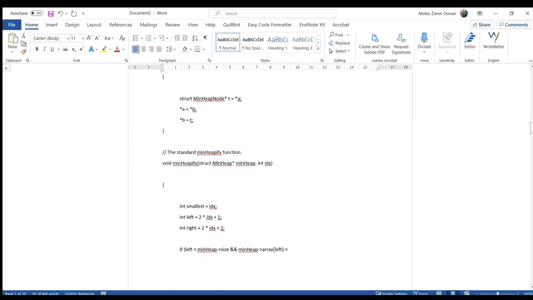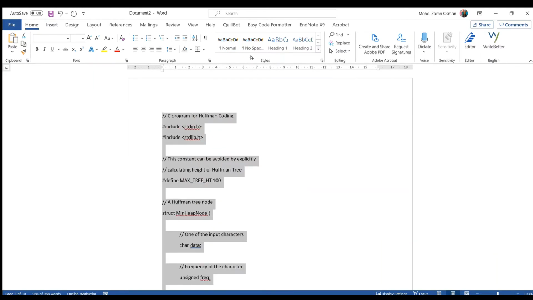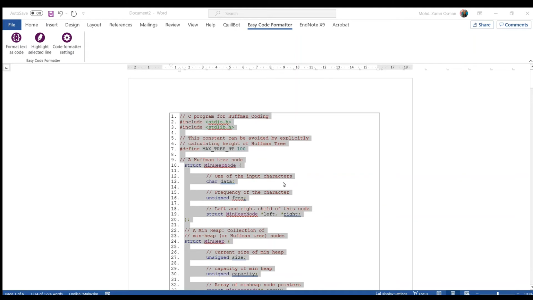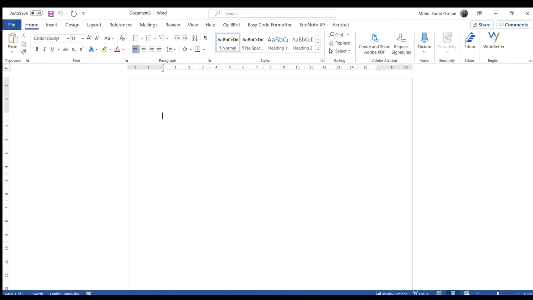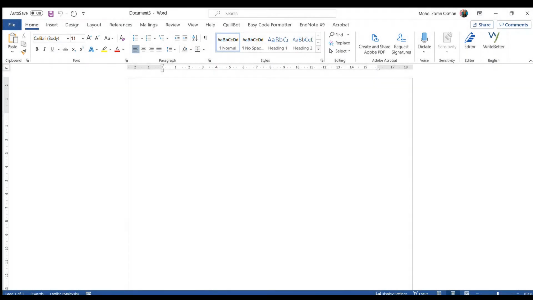Microsoft Word. We select all the code inside this file, and I have one plugin named Easy Code Formatter. Click on Format Text as Code and it will automatically change the normal text into the coding style. The first step that you need to do is to download the Microsoft plugin Easy Code Formatter, which